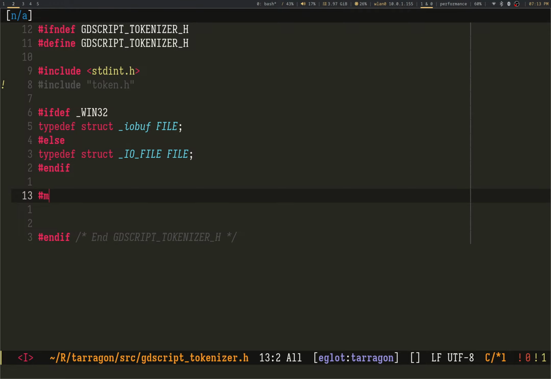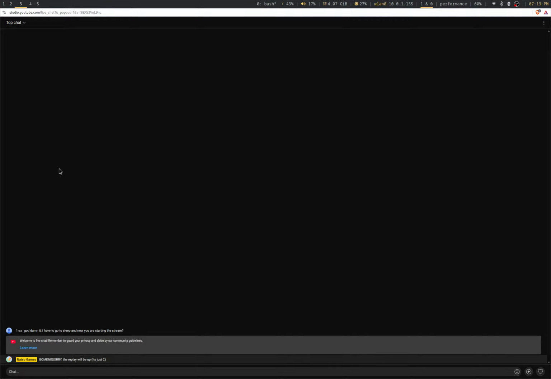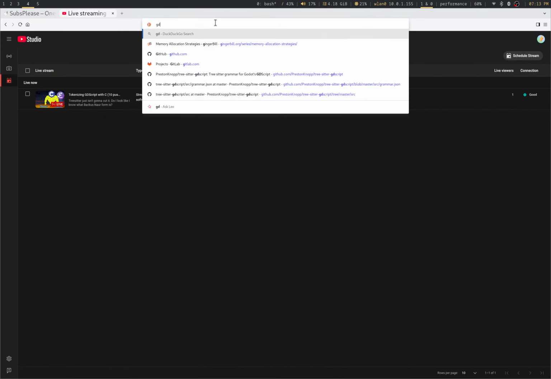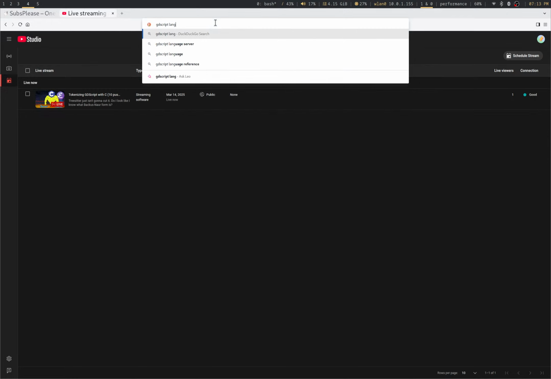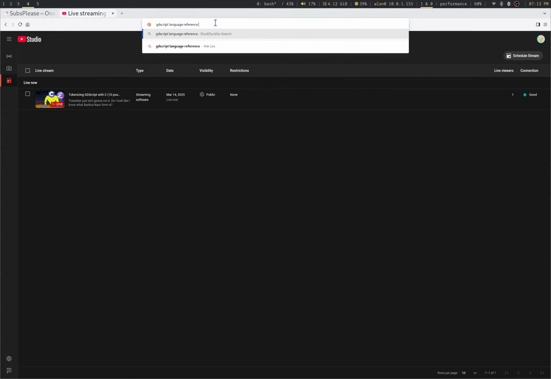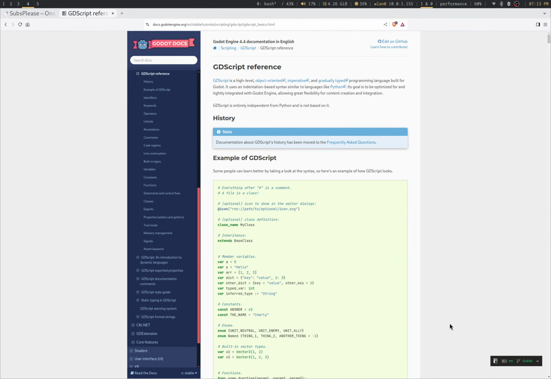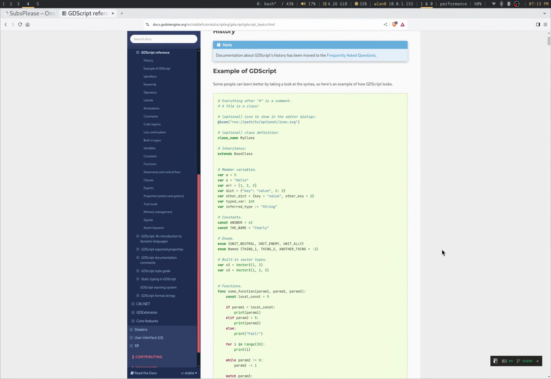The first thing I'm going to do is crack open the GDScript language reference, because what I really want are the keywords. This is the problem with GDScript, and I would say also the problem with Python.